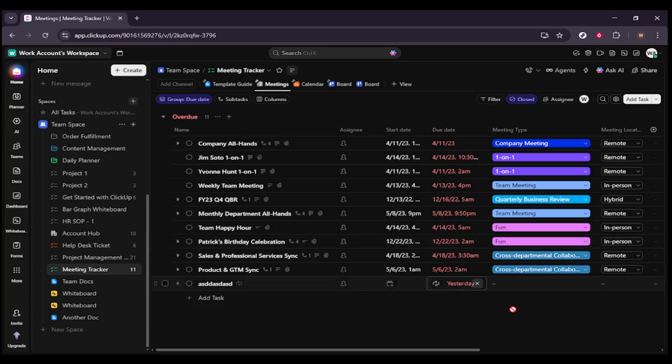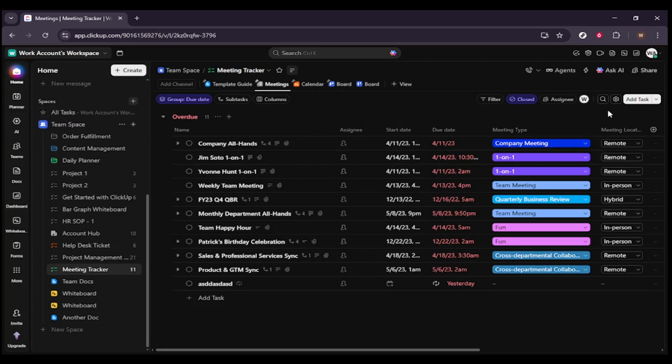In today's video, I am going to teach you how to set up and customize your project in ClickUp. To begin, open ClickUp and navigate to the area where your work lives. In this example, we are working from a meetings list inside a meeting tracker. Once you are in the correct list view, you can start customizing how information is displayed so it is easier